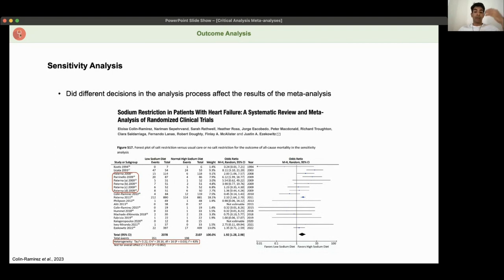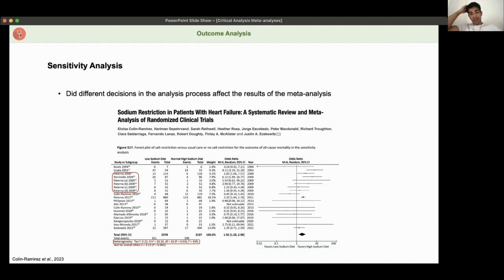For example, when you're researching through studies and you're deciding what to include and what to exclude, you might exclude a certain study, but you might think, oh, that might have actually changed my results quite a lot. So when you do a sensitivity analysis, you can bring back that study and see if it did have an effect on your results. You could also think, we saw in this paper that some of the studies had quite a high risk of bias using the Cochrane tool. So you can think, okay, maybe including those studies wasn't the best idea. Let me take them out and see if any of the results changed.